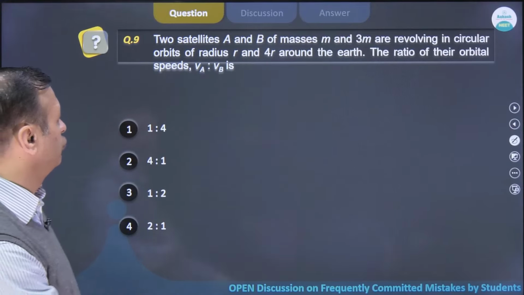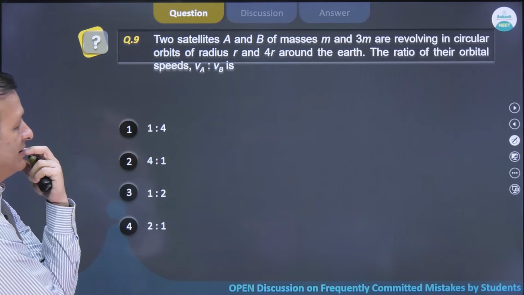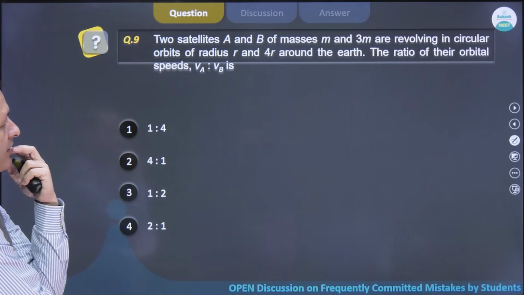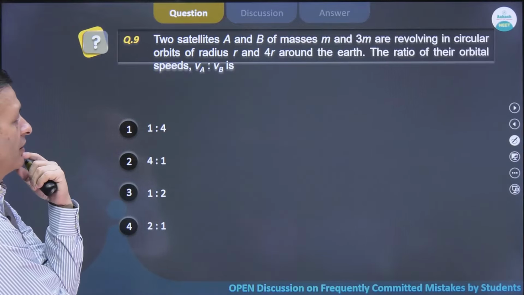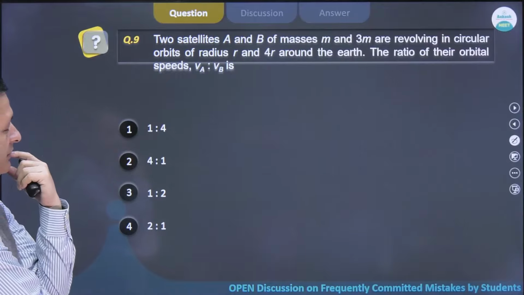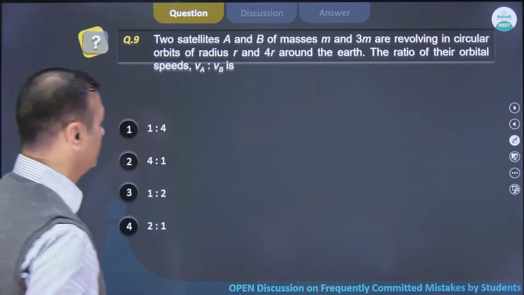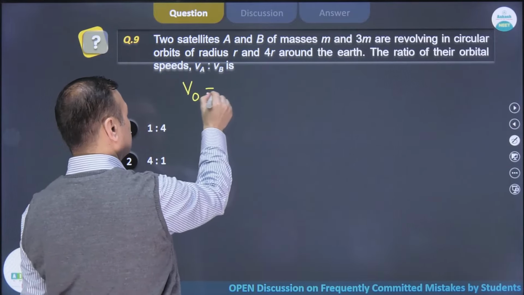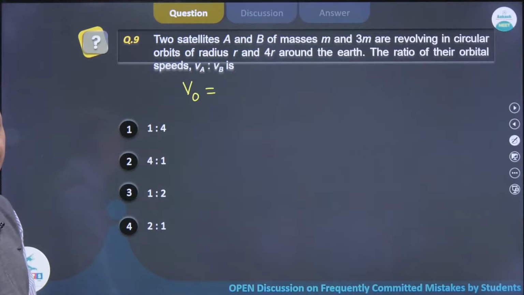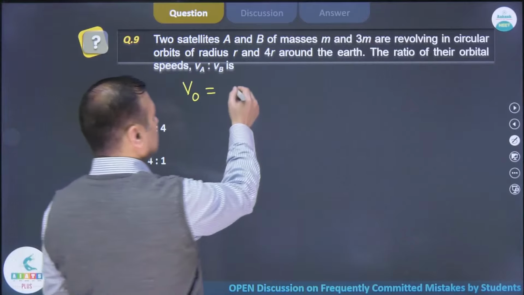Now we have two satellites A and B of masses m and 3m revolving in circular orbits of radius r and 4r around the Earth. The ratio of their orbital speeds, VA ratio VB. So what is the orbital speed? Do we have the formula for the orbital speed? So orbital speed is given by,